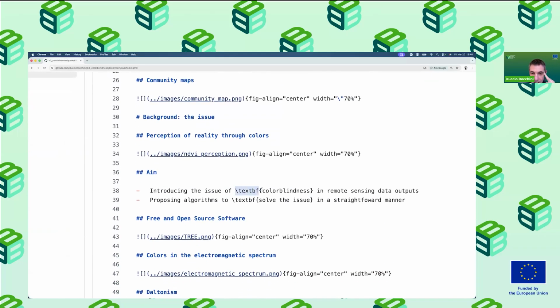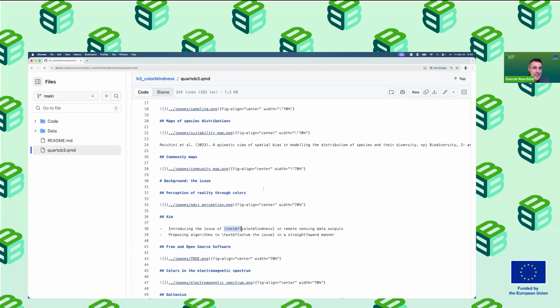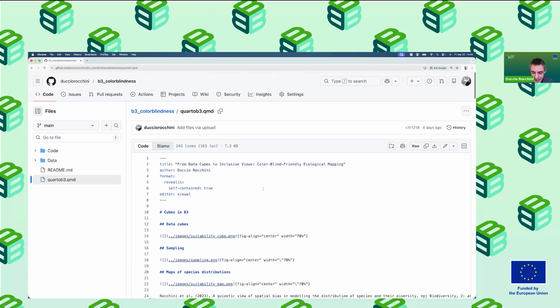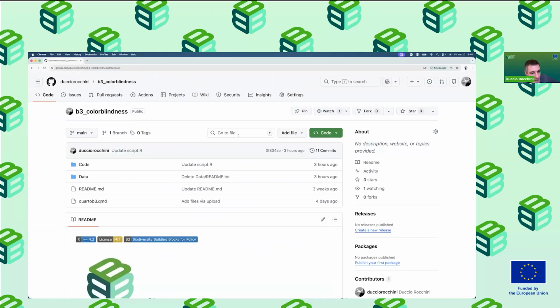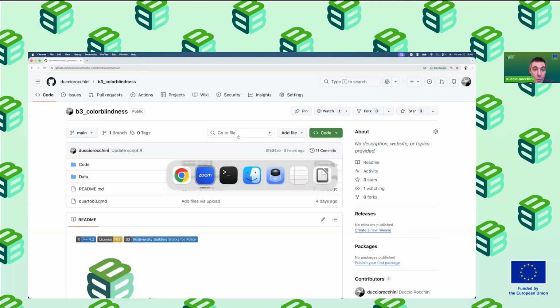Ah, okay. Since here I used the text BF, which is LaTeX. I copy pasted from LaTeX, and that's why in the final presentation you cannot see that, since this is actually a LaTeX command for the bold. Okay, sorry. Actually, the bold here might be done only with the asterisk, which might be really simple. Okay. So if you are interested, before going to the coding in color blindness, in Quarto,